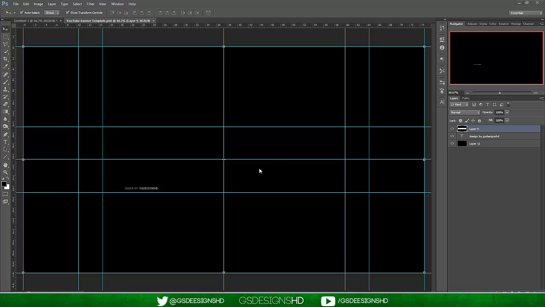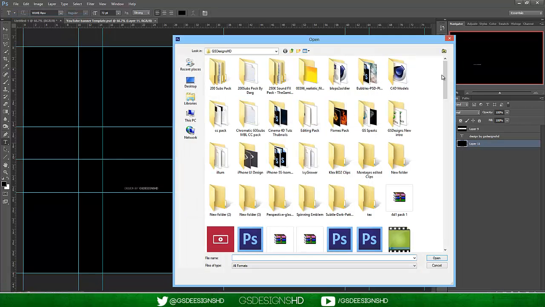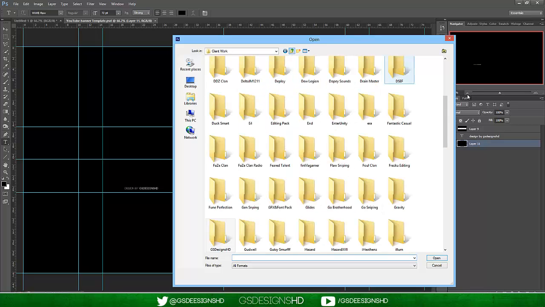Now today I'm going to be making a how-to tutorial on making banners, and specifically 2D banners. And I like 2D banners a lot better than 3D banners, like that grungy 3D, it just doesn't look good. And if you look at most clans now, like top clans like FaZe, Dare, Darth, all those guys are having 2D professional looking banners. Now I have quite a few examples here, but I'm going to be sticking to one